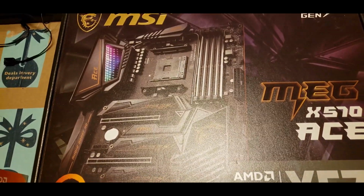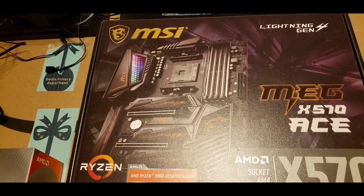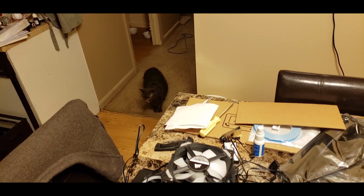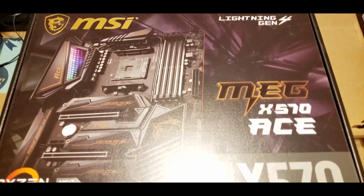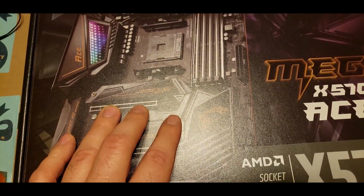The motherboard from MSI is the MEG X570. Previously I was using the Z390 chipset. Here comes Kitty. He wants to help. Yes, I know. But as you can see on here, this is all kind of a black background with gold